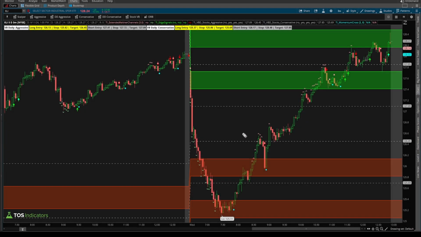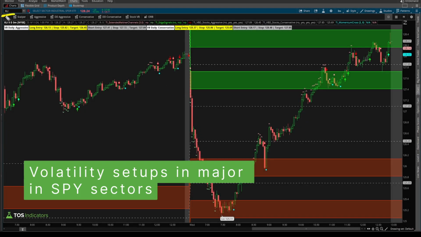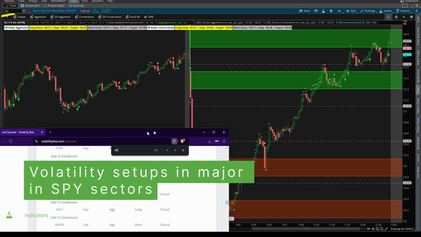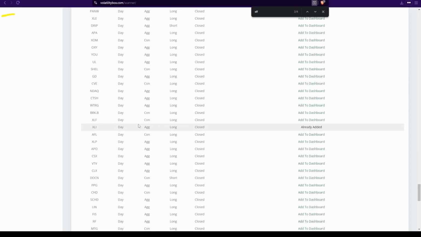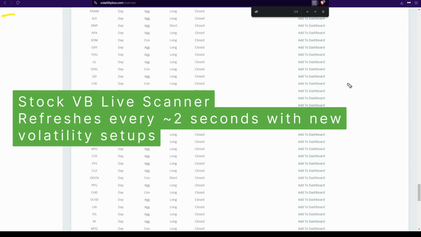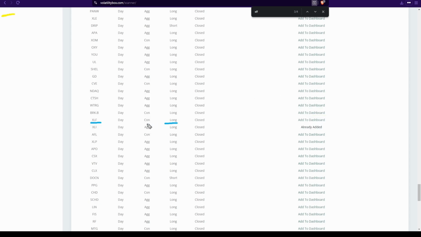Today was round 2 of our volatility setups inside of major sectors. Just yesterday, we took a look at 2 examples inside of XLF and XLE. Today, we had many more SPY sector ETFs which appeared on our live scanner. We had the financial sector one more time, again breaching the conservative volatility box models, almost the same setup as yesterday, long entry. We also had XLI, we also had XLP, we also had XLE, and we also had XLC,